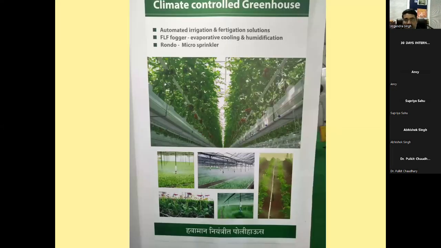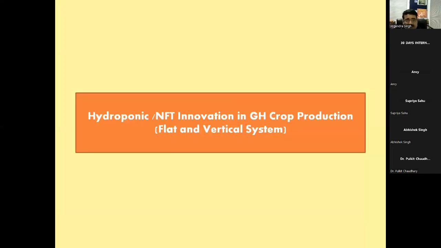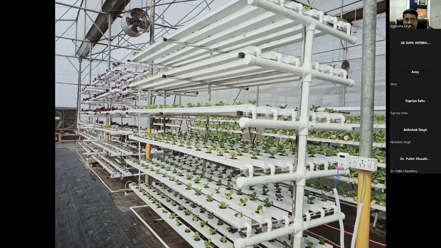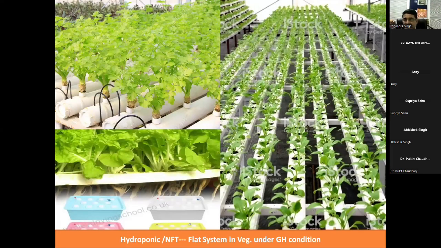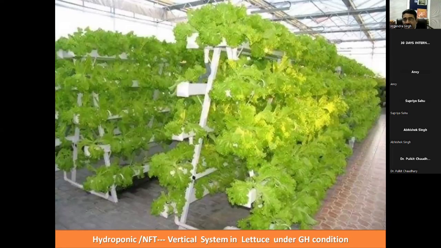So these are hanging farming and soilless farming. These are hydroponic and NFT systems. This is also water cultivation technology. This is the A-frame system, a water cultivation technology known as hydroponics. So this is the beauty of the hydroponic system. We can grow leafy vegetables excellently and economically. The A-frame is one of the best options compared to the flat frame and multi-story frame. The A-frame is more beneficial for cultivation under a greenhouse.